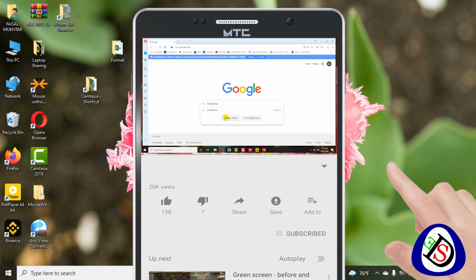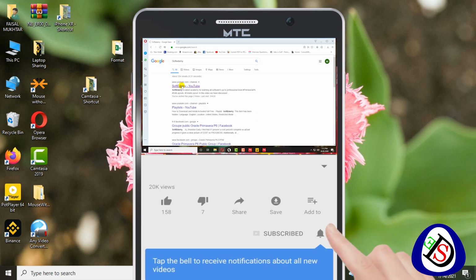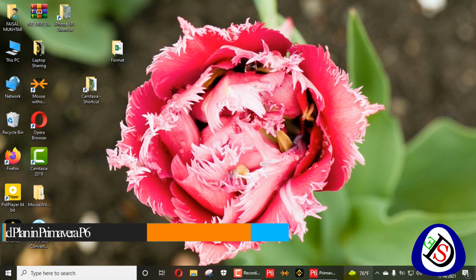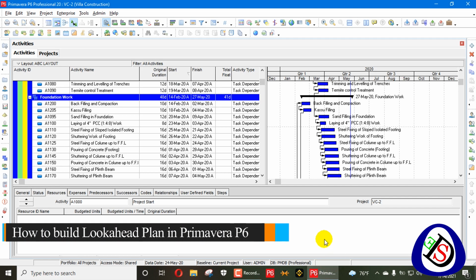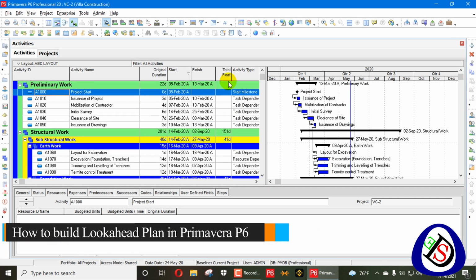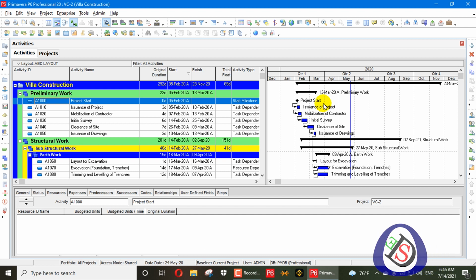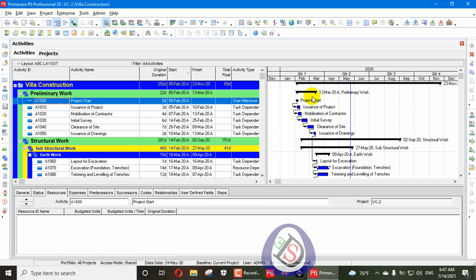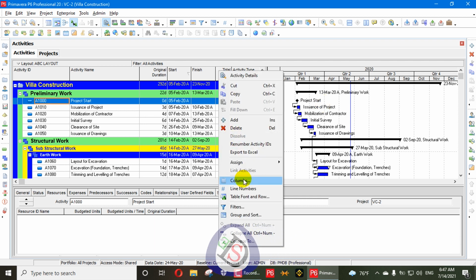Today we will discuss look ahead: how to create a look ahead plan in Primavera P6, and look ahead filters in Primavera P6, how to build a look ahead filter and with layout. So here we have a schedule opened already and progressed in the previous 3 months, and today we will be running on May 2020. So here we will go in the filter.